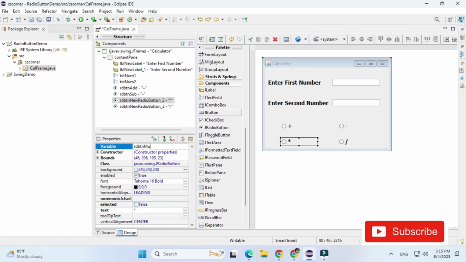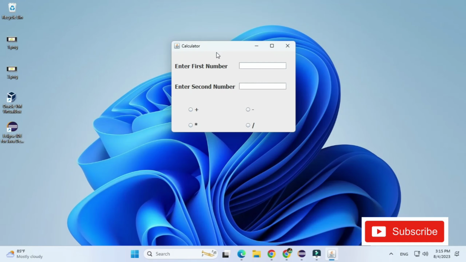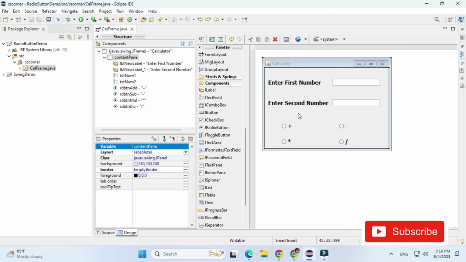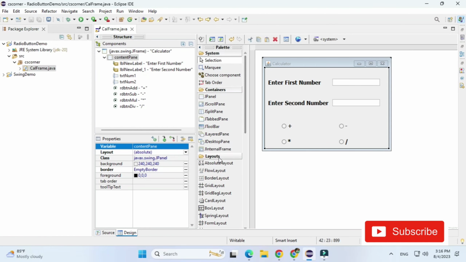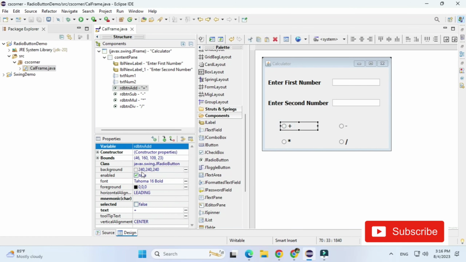There is one problem, we have not taken radio button group. So you can see guys, if I am selecting first radio button, after that if I select a second radio button, the selection of previous radio button is not going, because we have not taken radio button group. So we have to change one property, radio button group. If you change the property radio button group, then the radio buttons will behave in a mutually exclusive way. That means if you select one, the second will be deselected.